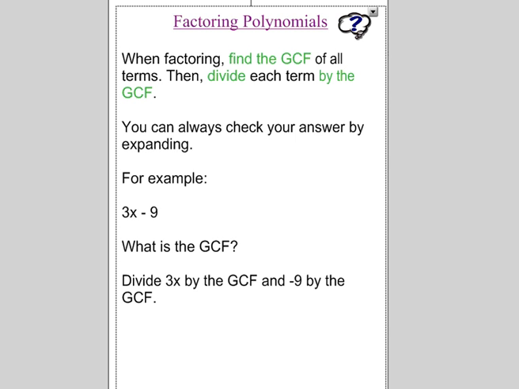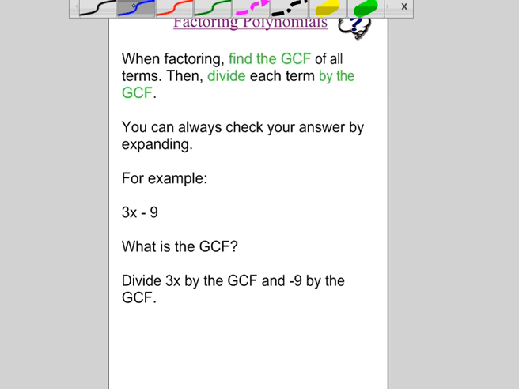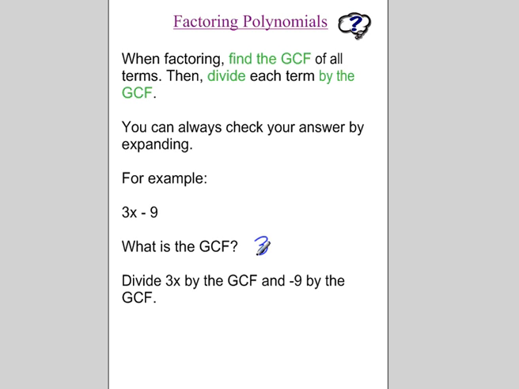The first question you need to ask yourself is, what's the greatest common factor? In this case, the greatest common factor is 3. So now you're going to divide both 3x and negative 9 by that greatest common factor. So 3x divided by 3, you'd be left with x, and negative 9 divided by 3, you'd be